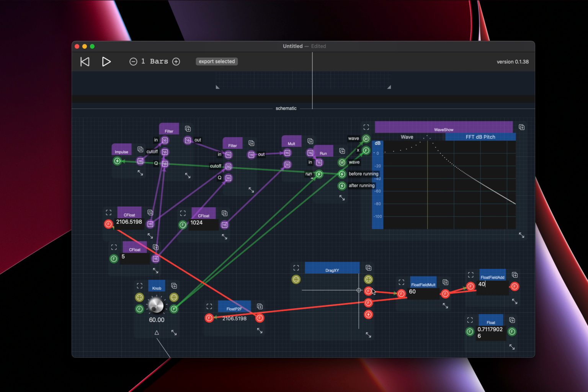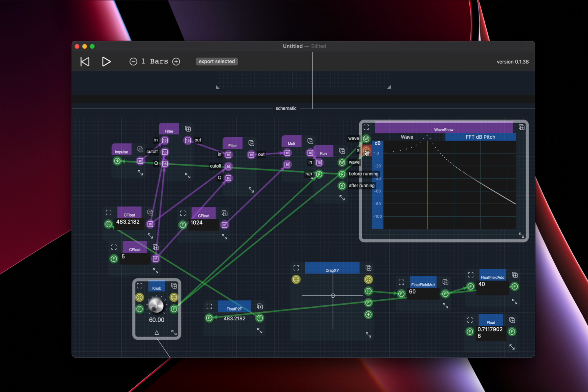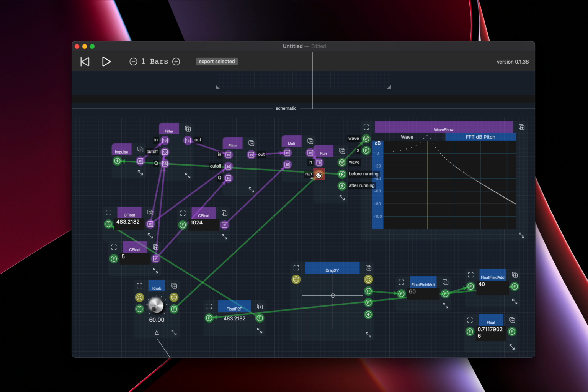So now instead of going from the knob, we go from there. No, not from there. We want the pitch from there. Let's see, from beginning to the end. Yeah,